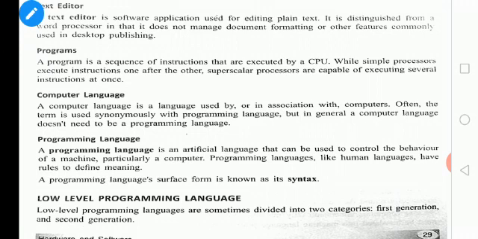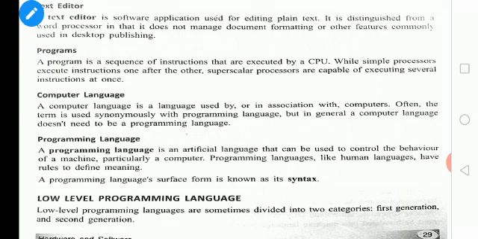Next, programming language. A programming language is an artificial language that can be used to control the behavior of a machine. We have seen, I think we learnt in grade 8, isn't it, that C program is a programming language. For what purpose is it written? To manage the activities of the computer. Okay, isn't it? So the same here: the programming language is an artificial language that can be used to control the behavior of a machine, particularly a computer. That is, machine here is computer.